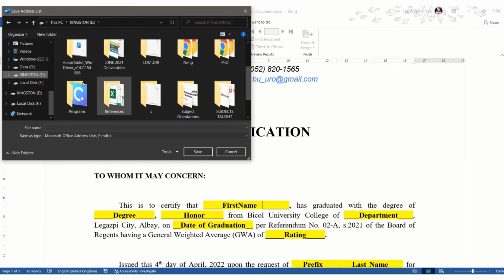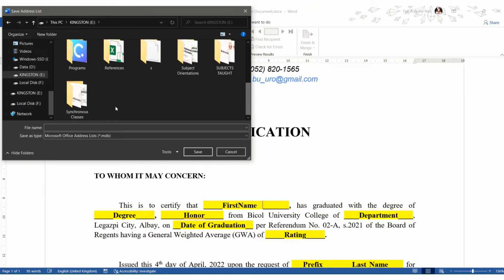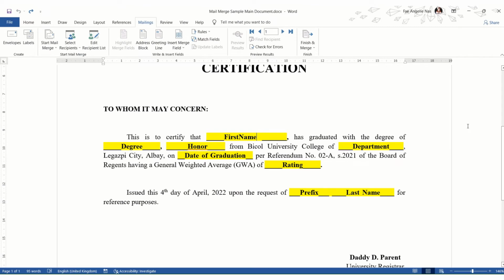Okay, so for example, I'll just save it here outside. So what I will do here is just assign a file name for this contact recipients. For example, honor graduate list. So once you created or linked the list of recipients, other features, the tools and commands in the Mailings tab will